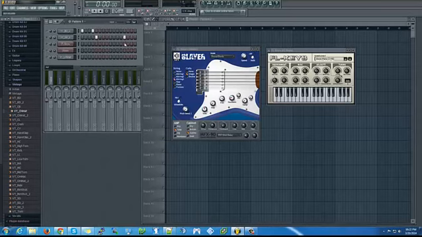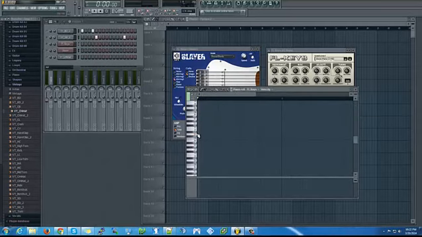Snare on the 4 and the 6. So the FL Keys, we're gonna do a D minor. So let's start off with a little